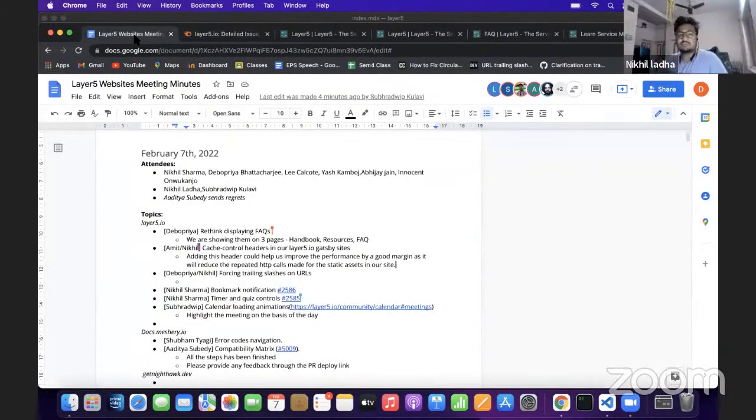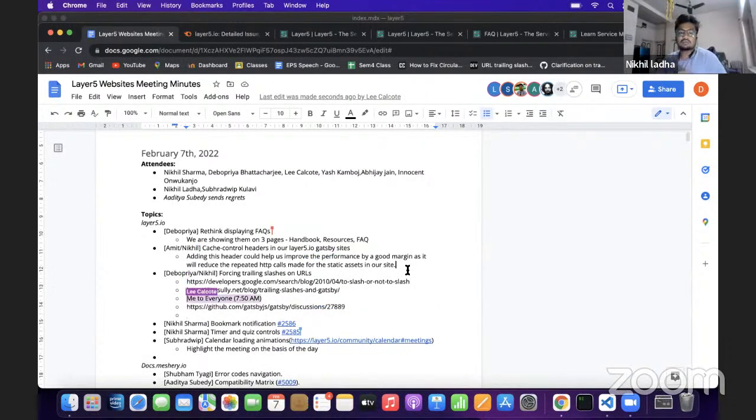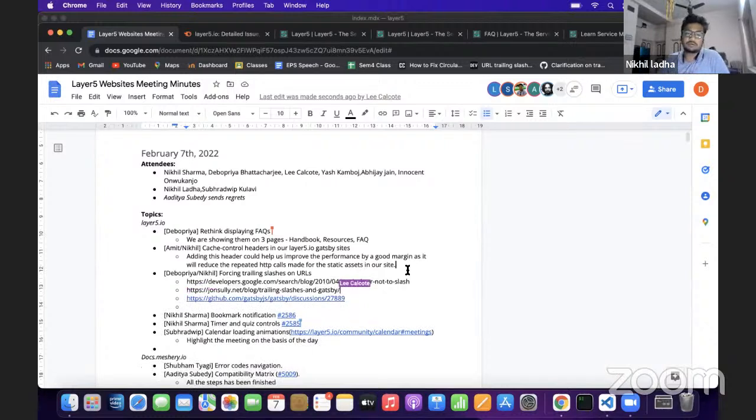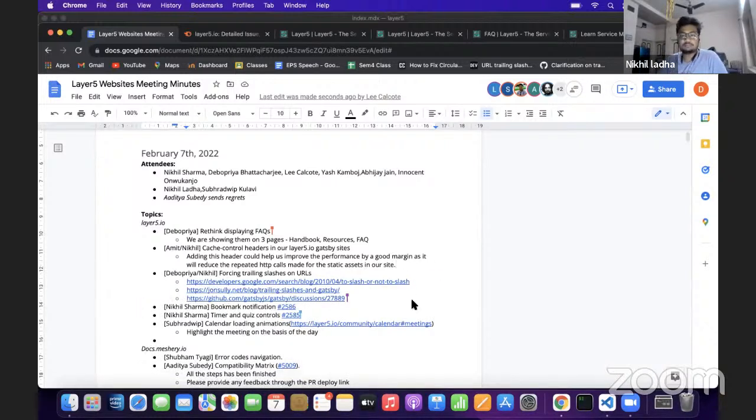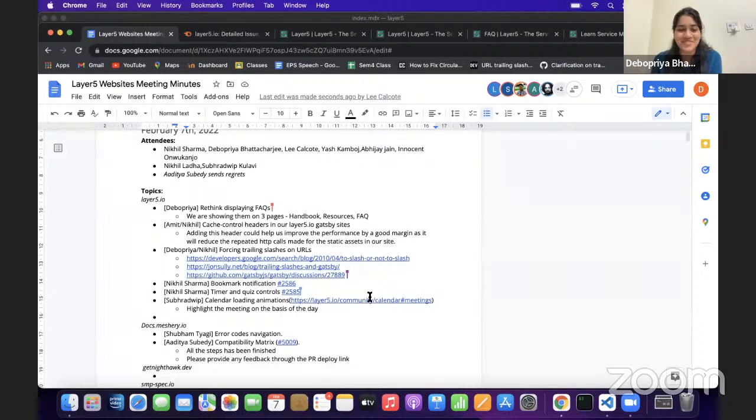So there are a couple of links which I pasted, which the OPR shared earlier about whether to use a slash or not, and what's the actual perspective from Gatsby's side, like how it works. If anyone is interested, they can take a look to understand more on the topic. And if you find something new, you can share it with us on Slack.